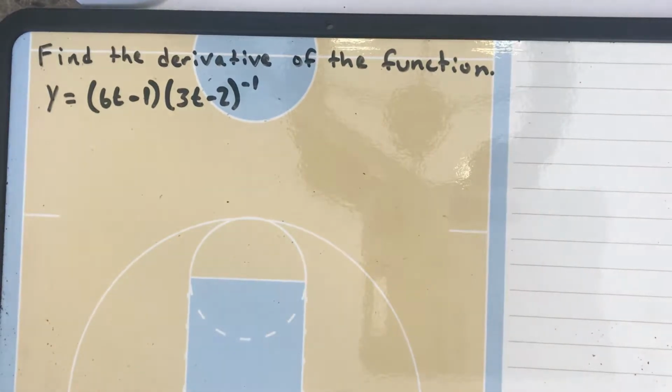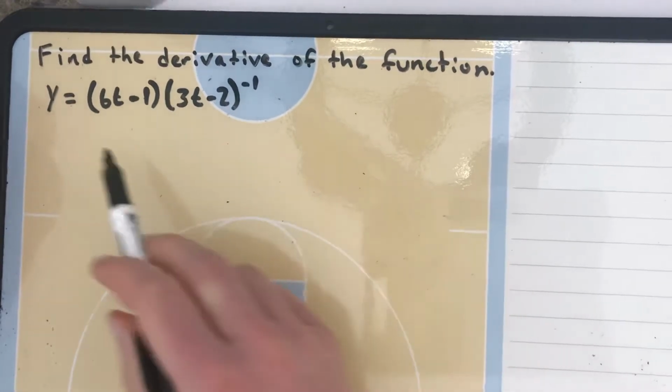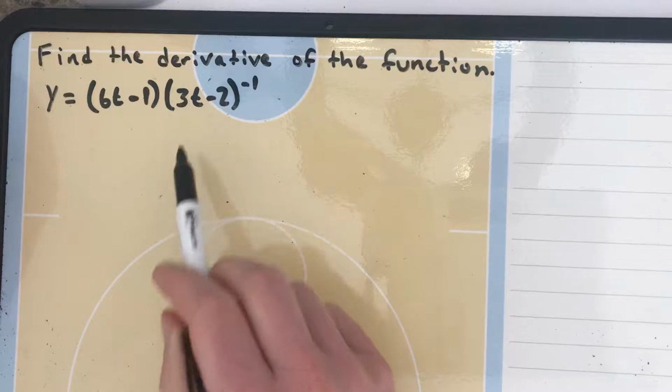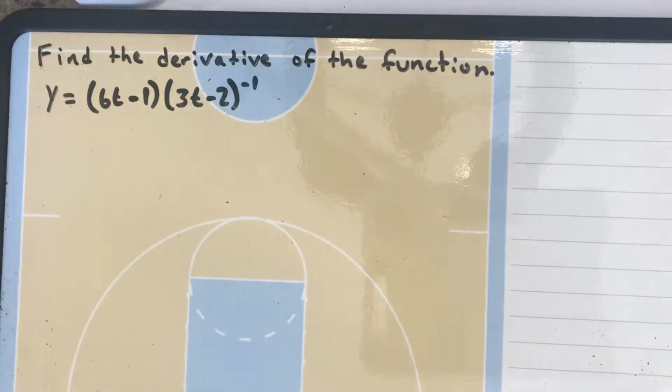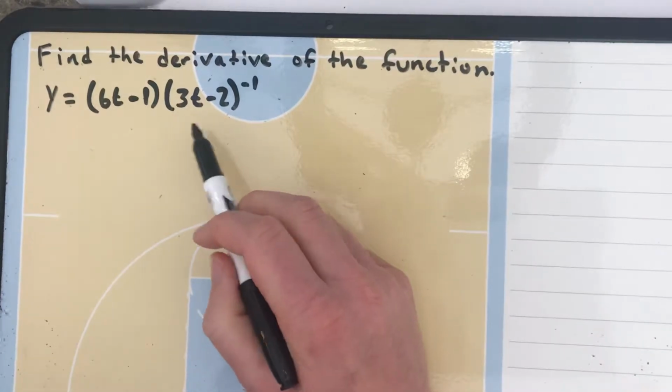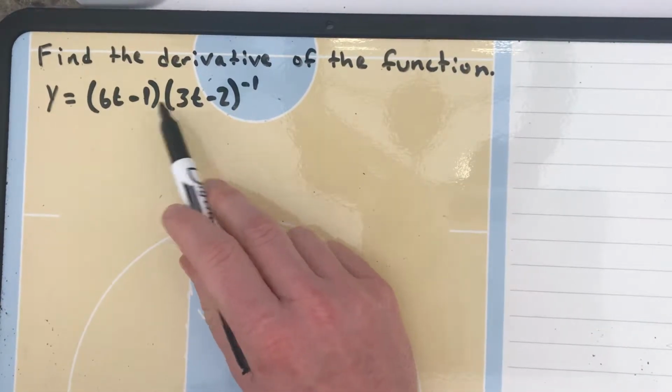Hey everyone, here's another example from section 3.3. It wants us to find the derivative of the function y equals (6t minus 1) times (3t minus 2) to the negative 1 power. Now you might think that this is a product rule here because of this multiplication, but